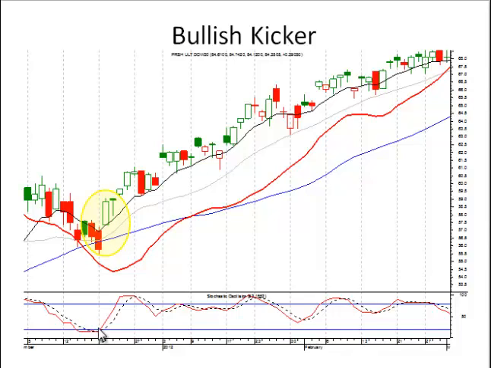When your stochastics are in the oversold area, it's basically telling you that this downtrending channel has now been breached and you're in an uptrend. So the reason we've done so much repetitive analysis of charts is so that your eye can recognize that any time you see that gap up above the previous day's open and they start trading up positive, you want to be buying immediately. You don't have to sit there and analyze whether you should be getting in or not, whether the price is too high to get in already. You buy a kicker signal even when it's in the making.